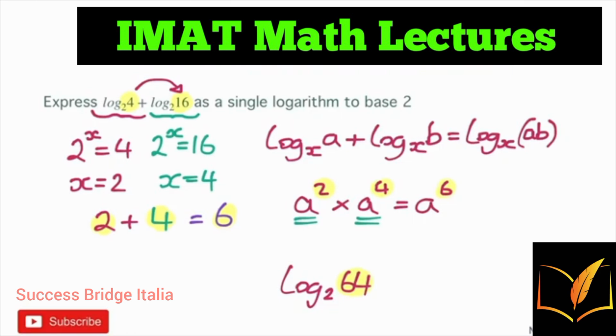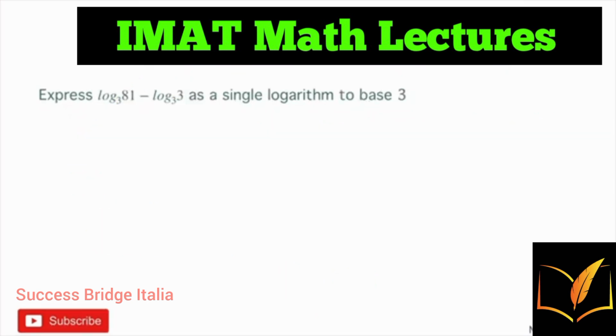Hopefully nice and simple, and you can think about it logically like I did in this first scenario and work it out like that, but it's much quicker if we have the same base numbers just to multiply those numbers together at the end. So there we go, there is our first rule. This is your key piece of information to make sure you have written down, and that is what we're going to do for adding logs. Now we're going to have a look at taking away, so let's look at that one now. Okay, so you're going to see a lot of links